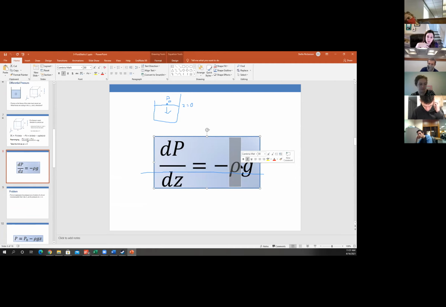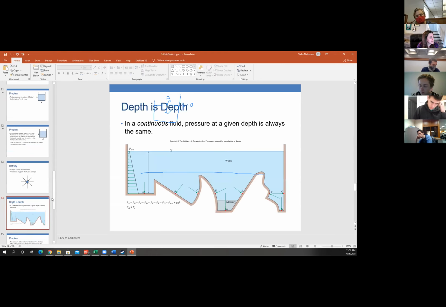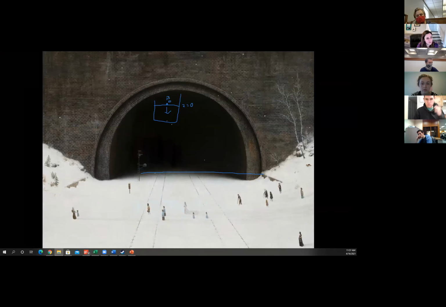But remember that the most common way for density to change is if it's a gas, because if it's a gas, then density changes with pressure. And so if you have some formula for density changing with Z, you have to put it in here before you integrate. But if you have some formula for density changing with pressure, you've got to do the same thing. Okay? And that is why we had the homework problem where we found a formula for density changing with height